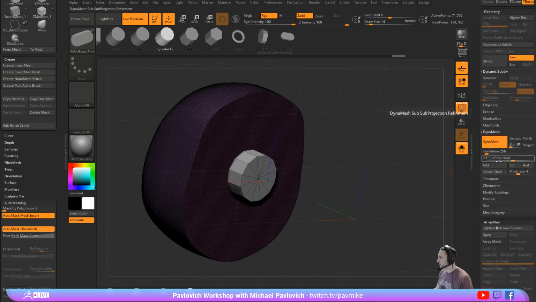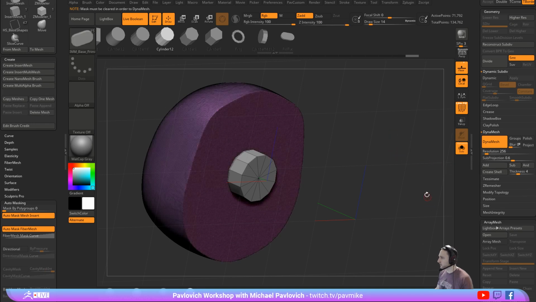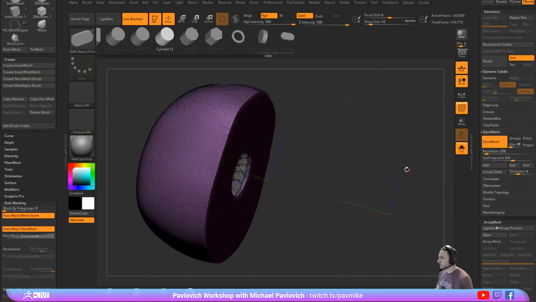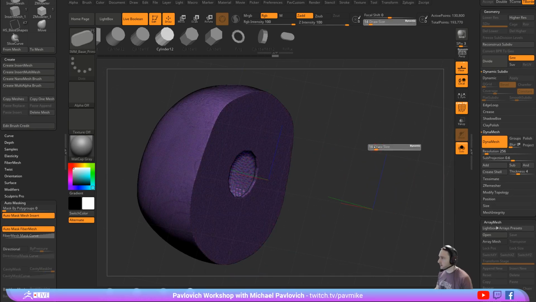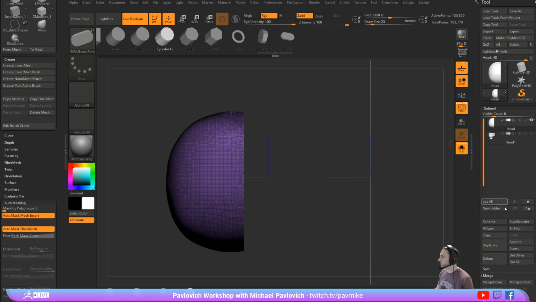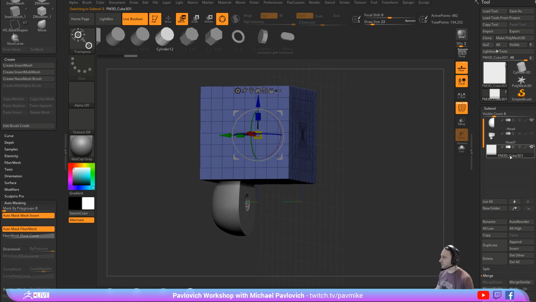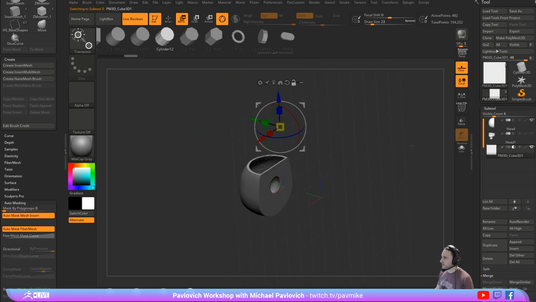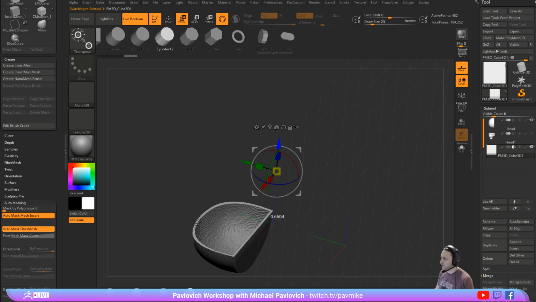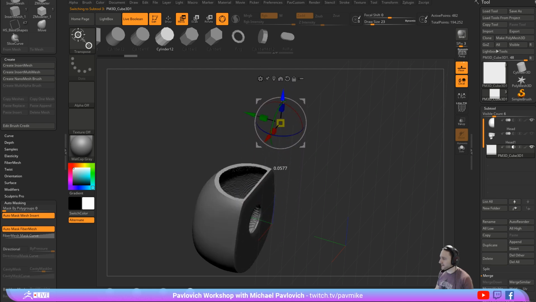Go in your Dynamesh properties here, you can say create a shell and add a shell thickness. So I think if we Dynamesh this now, create a shell, yeah. So now if we hit, actually let's do this. Let's go to append, cube, hit W, go out of solo mode here, we make this subtractive. Now you can see it is giving you a hollow shell through here, but like I said, it's